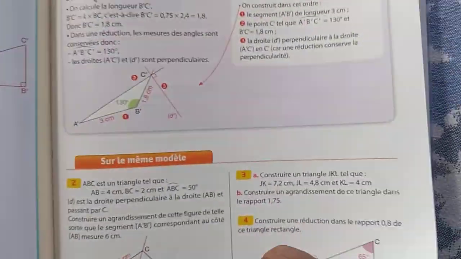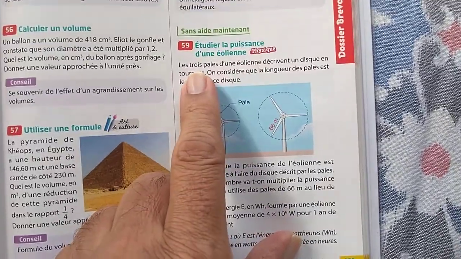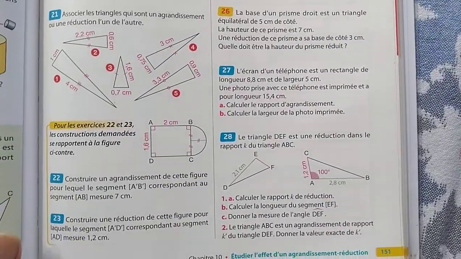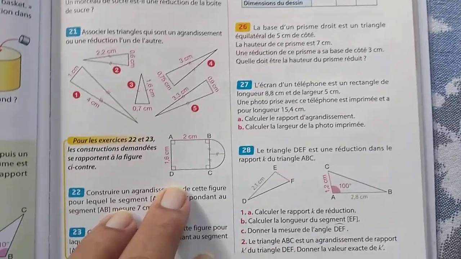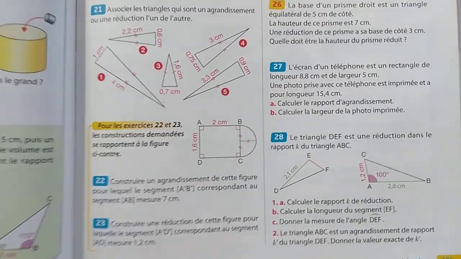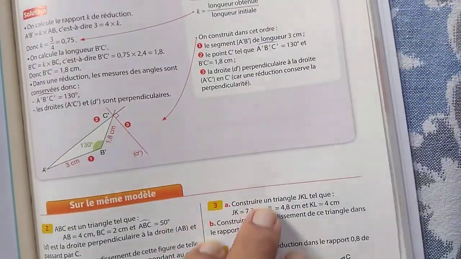So in this chapter, when we do all these problems, there are not many problems, I think it only goes to problem number 59. Whenever you are asked to enlarge or reduce a figure and draw it, there is no centre d'homothétie provided and you can draw it in any position. Okay, so let's have a look at some of these problems here.